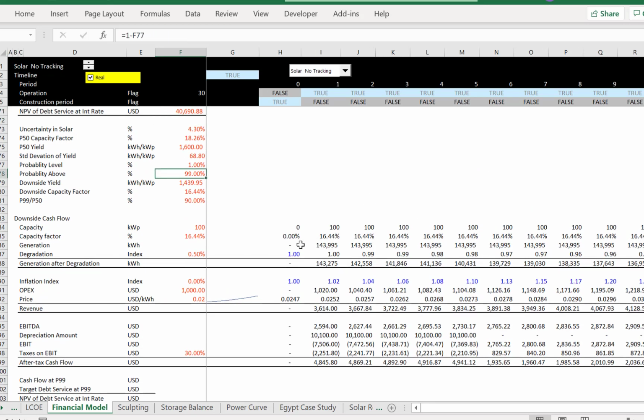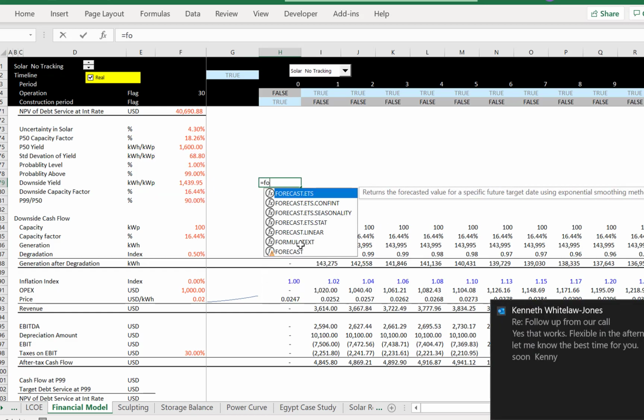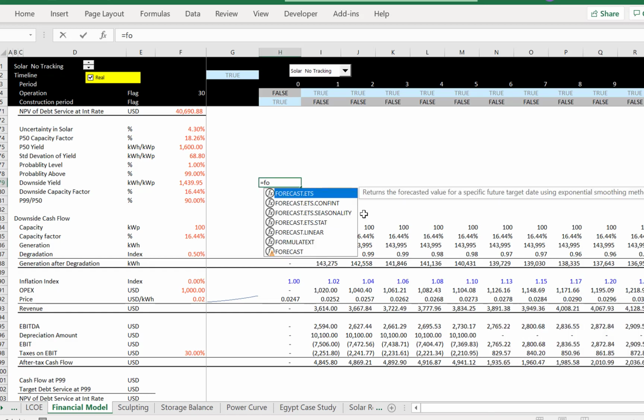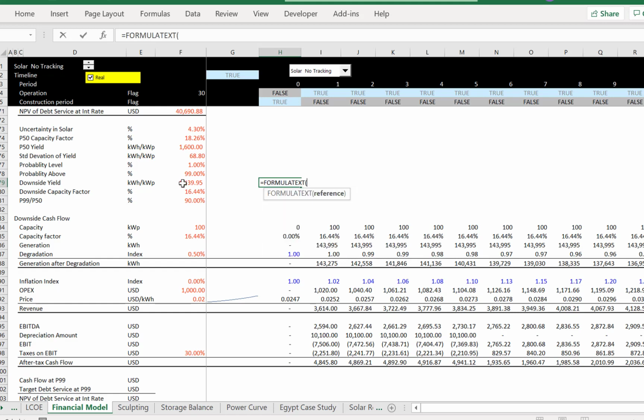So, first thing I did was, remember we did the norm inverse function. Formula text. Because I want you to remember that one little function, and then when you see the standard deviations here, you can apply them. That's why we really have to understand what's in this standard deviation, and if it's just an arbitrary kind of downside, maybe we're just as well making an arbitrary downside. We don't have to be some statistical or engineering expert for this necessarily, especially when we see the stuff